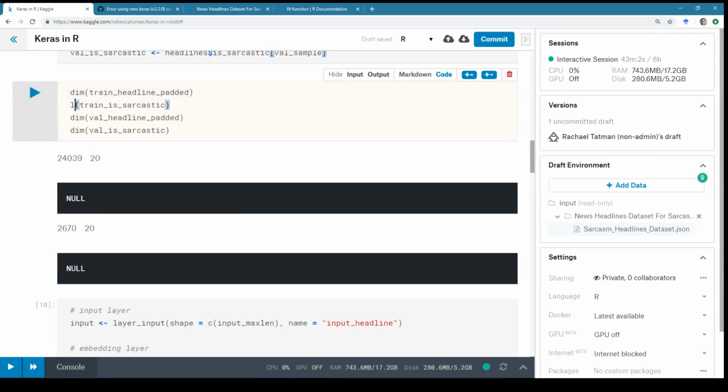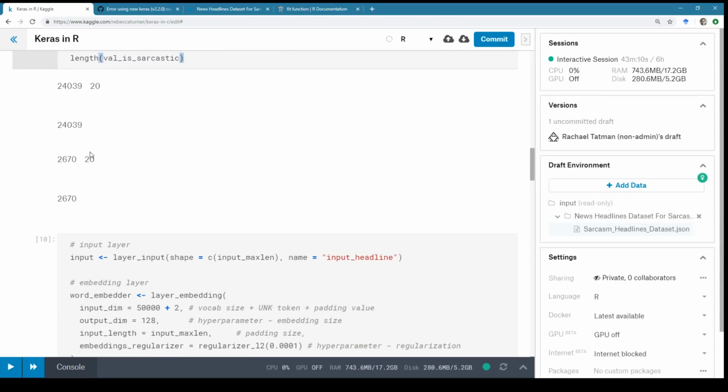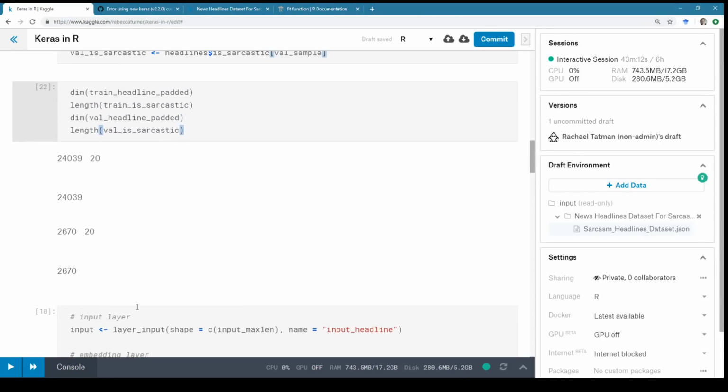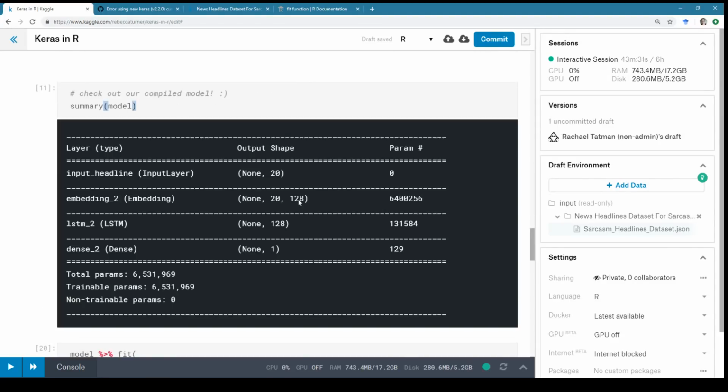Oh, right. And the reason that is, it's R that's length and Python that's len, right? Yeah, okay. Those look good. Yeah, no, I hadn't done that yet. Magician, that was a good call. But it looks like those are reasonable. And it's not exactly 10% of this, but more or less. And it's a relatively large training set.